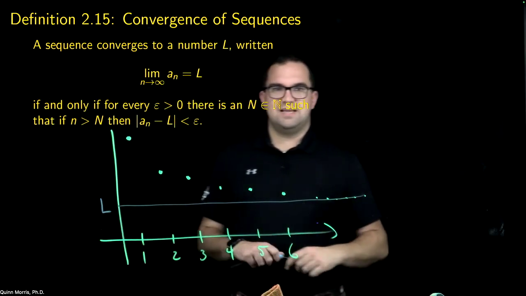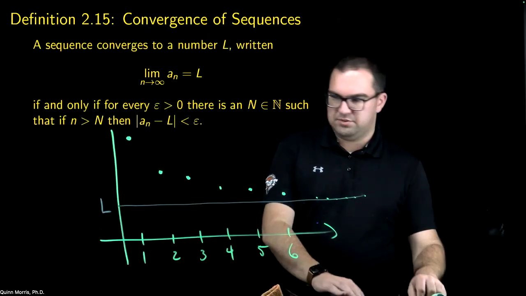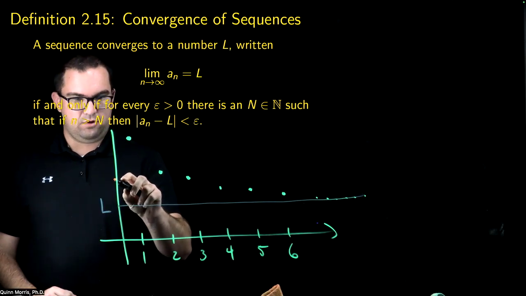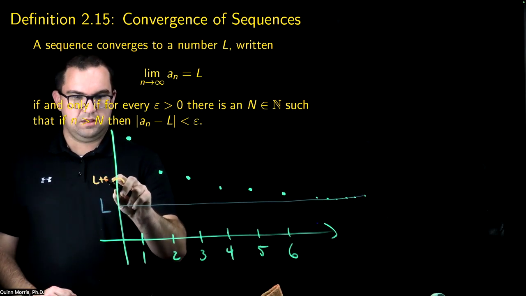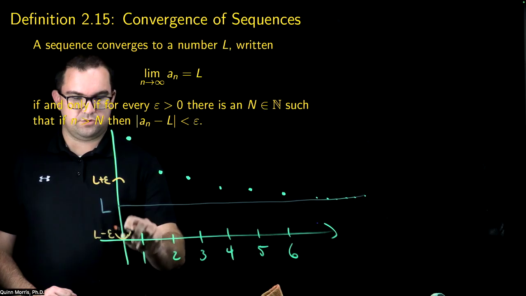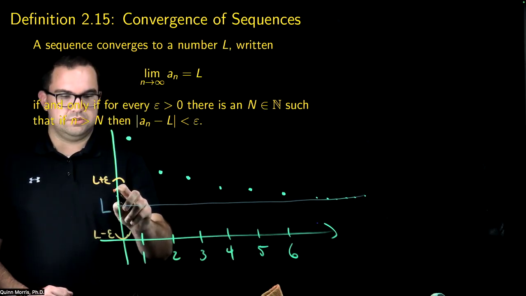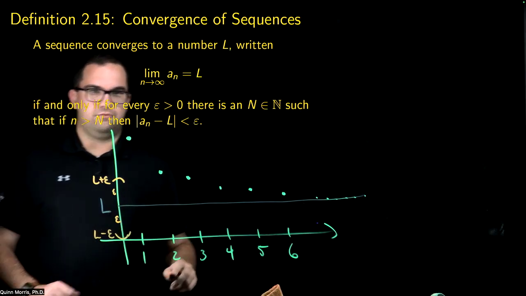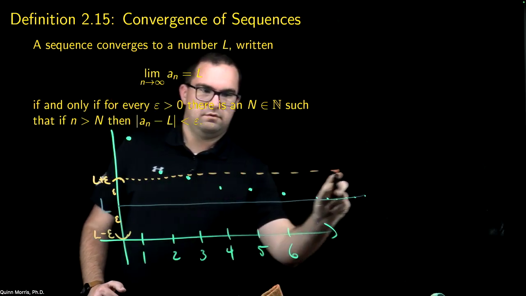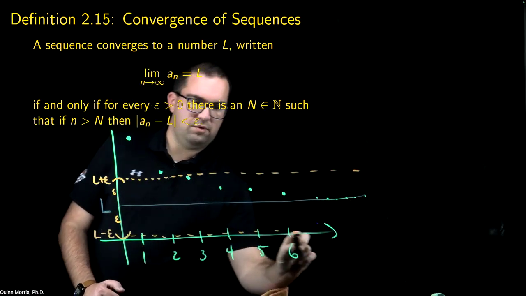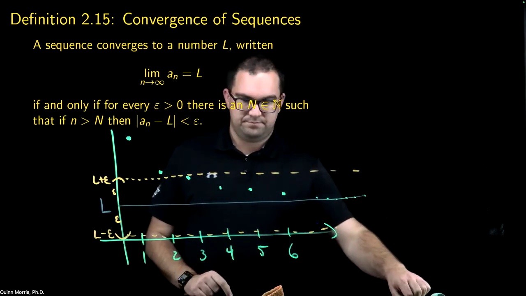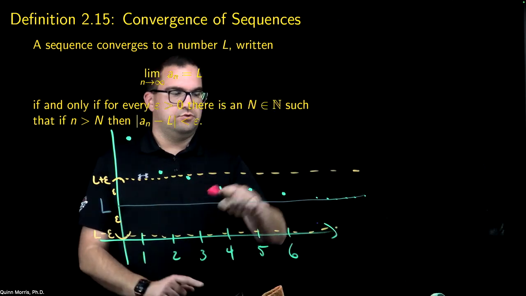And what this definition says is that is your limit if for any epsilon, so the epsilon is how close you need to get to L. So you sort of look in some little epsilon band around L. So again, this ought to look very similar to the picture we drew for functions. So I look distance epsilon up and down from L. And I say, well, if I look in this little band, let's see what happens here. If I go out beyond the second term of my sequence, then all of my sequence values are within epsilon